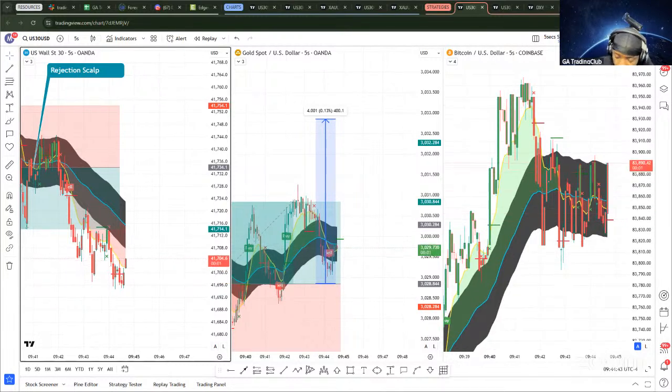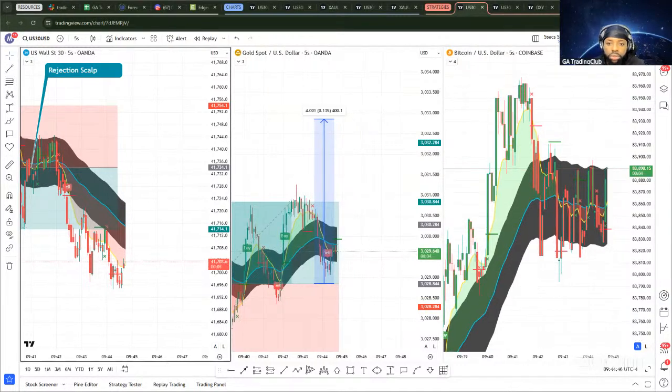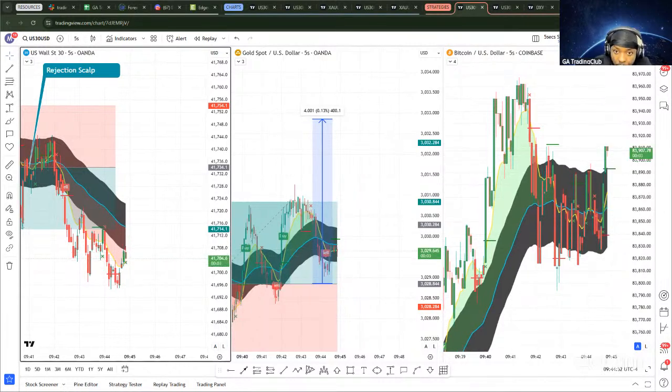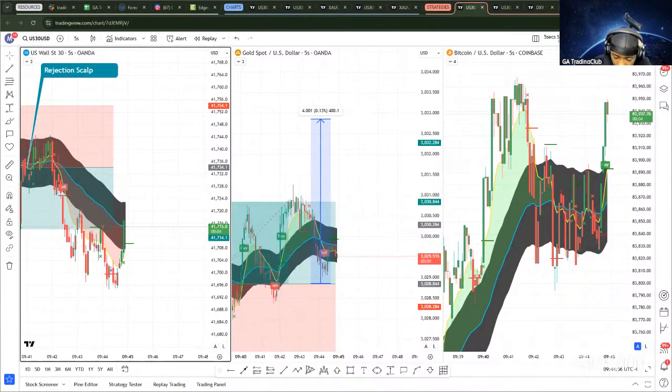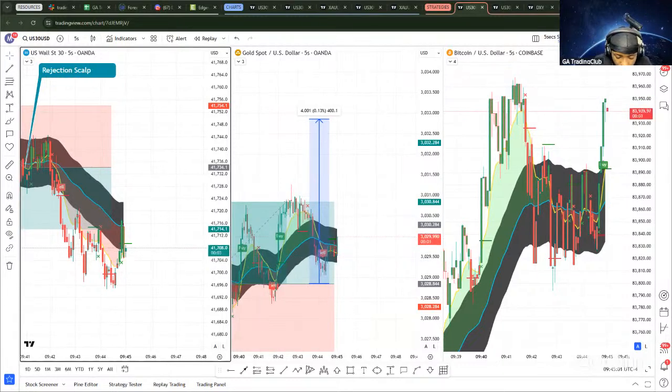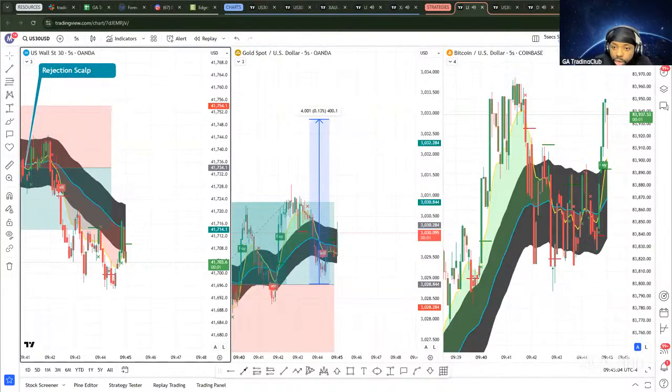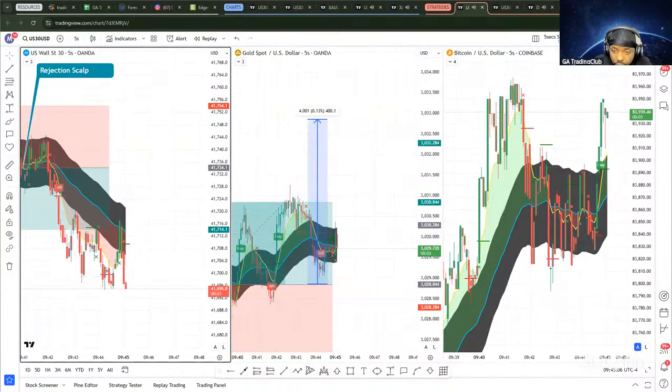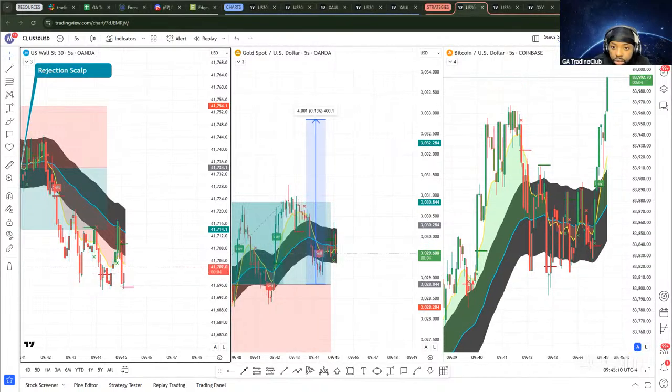US 30 wins. The US 30 trade would have ended up at break even if we went for a 1:2. But since we went for a 1:1 on this one,